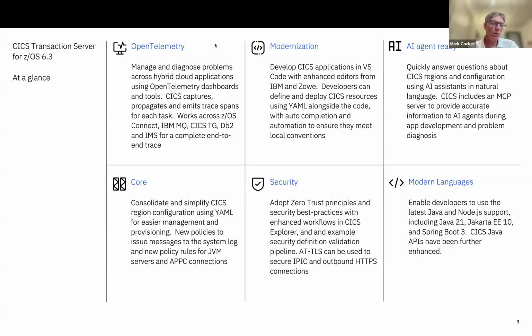But what we're talking about here is when you have agents, which may be trying to generate some text or do some analysis, there's a learned corpus that these AI training models have, and that is very static. So that's understanding, for example, what is CICS.